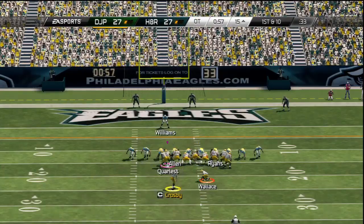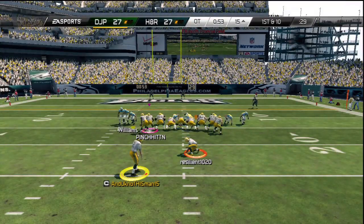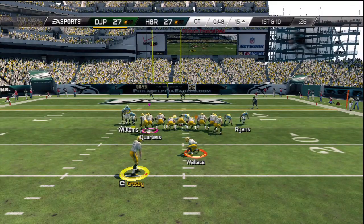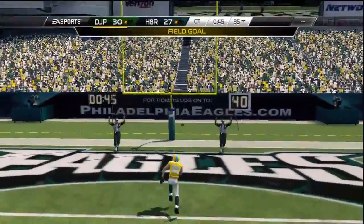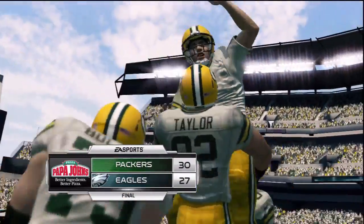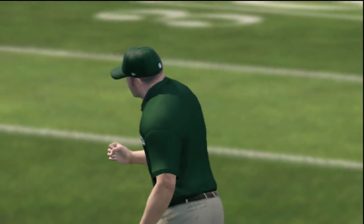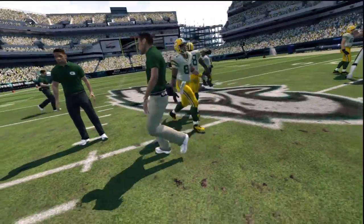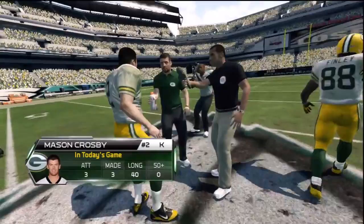Should be an easy one here. And converts on the 3. Well, even though they get the field goal that time, it's still disappointing. You get in that position, you'd like to score a touchdown. This one had to go past regulation. A little overtime game it was, decided by a field goal. Well, I guess the phrase, that stinking kicker choked, that will not apply today because that was a clutch